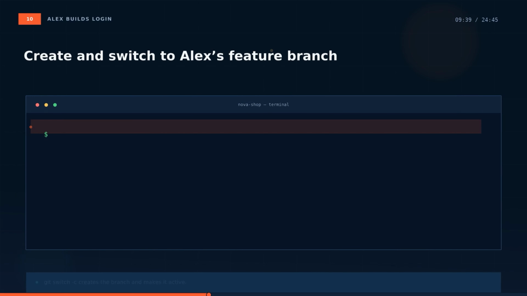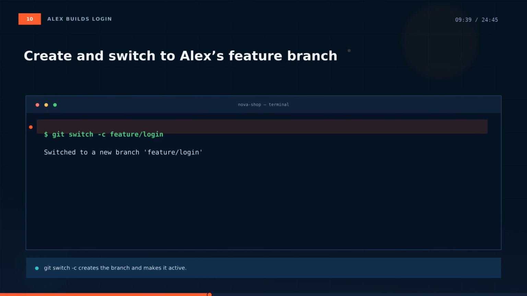Alex runs git switch -c feature/login. The -c option creates the branch, and switch makes it active. Git branch shows an asterisk beside feature/login. Alex builds login.html and auth.js. He stages those files and commits, "feat: